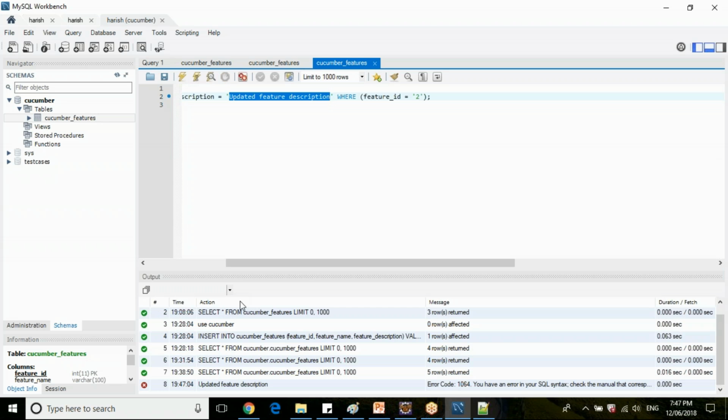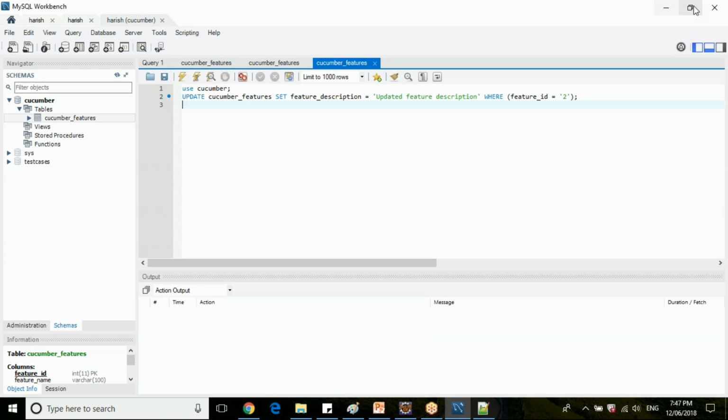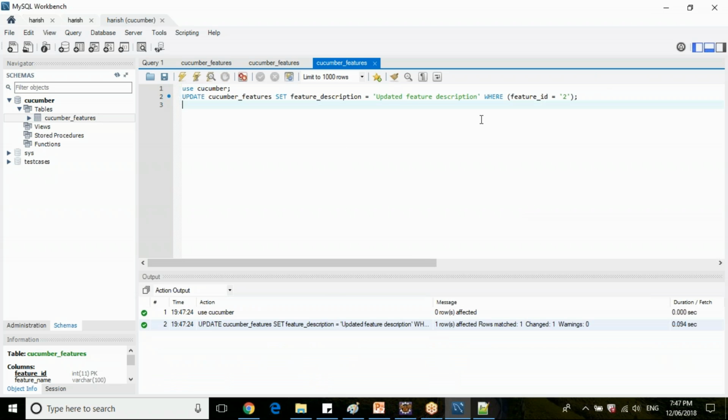After firing this query, you have an SQL error. So clear this one. Yeah, so one row has been affected.